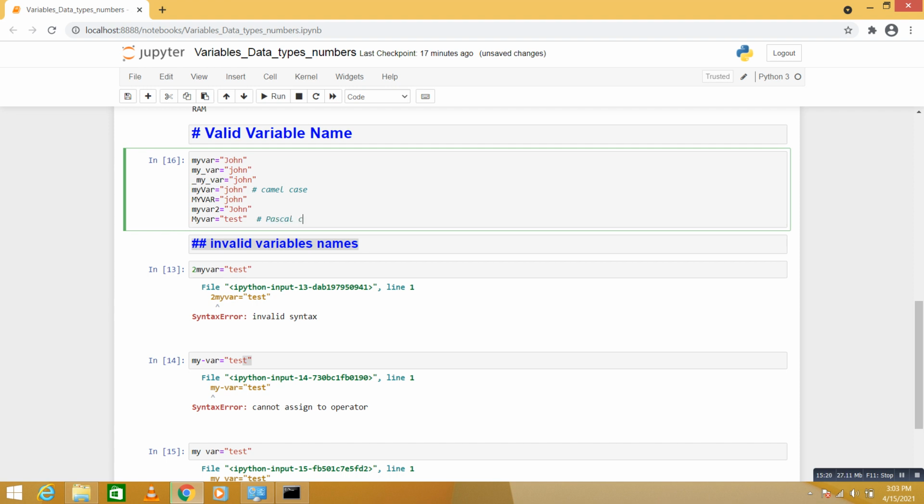The other is the snake case. These are the three different types of pattern for variable definition: snake, camel and Pascal. Using these three ways you can define the variable. So next we are going to see